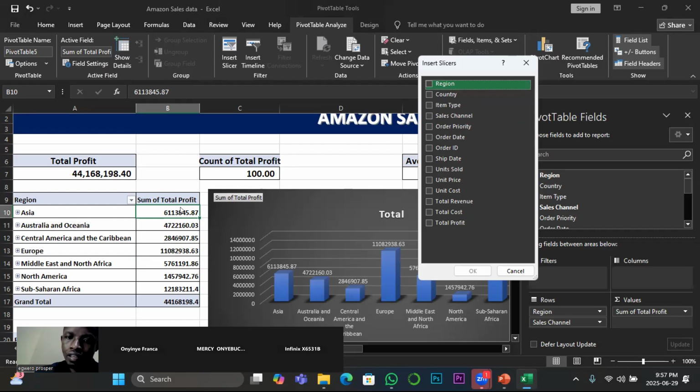That is, this particular report is the total of all the various types of products, which are items in this data set, from Asia. Now, if I want to narrow down to one of the products,